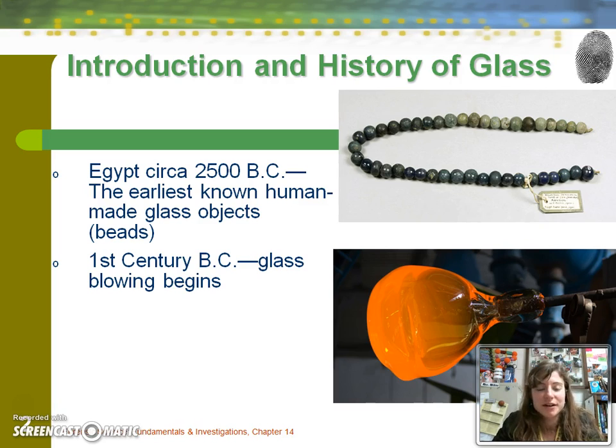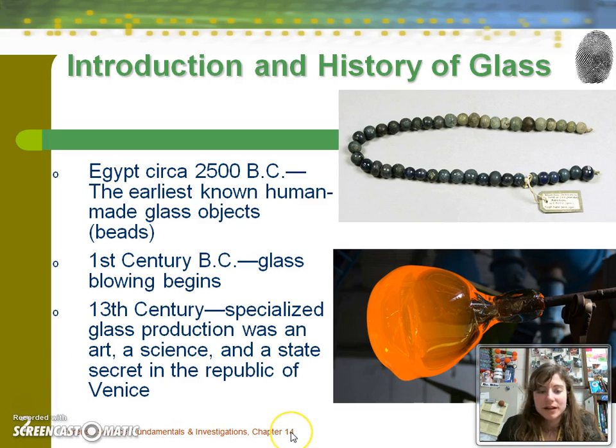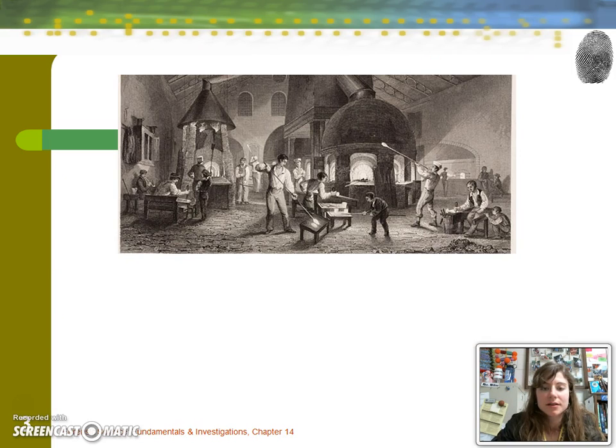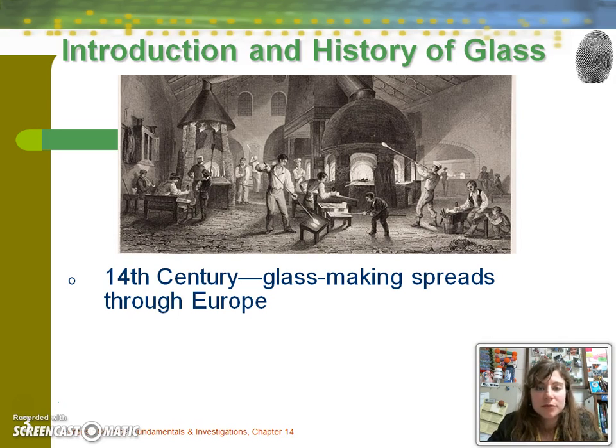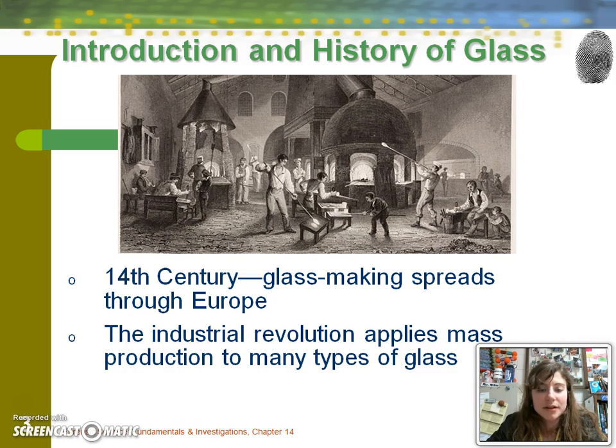Looking at the history of the progression of glass, records show that it emerged in Egypt about 2500 BC, and this was in the form of glass beads. The 1st century BC was when glass blowing began, and then in the 13th century, specialized glass production as an art and science, especially in Venice. In the 14th century, this art and science spread throughout Europe, and then the Industrial Revolution allowed for mass production for